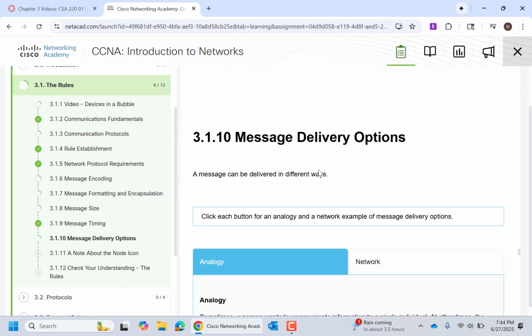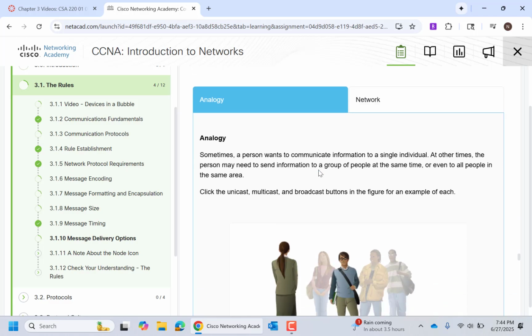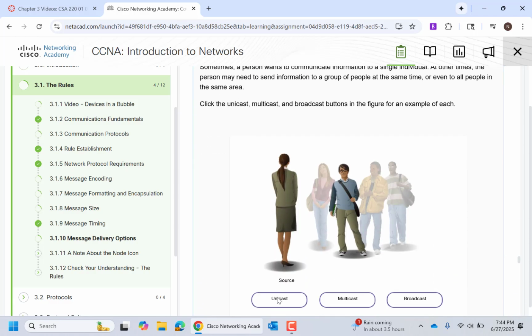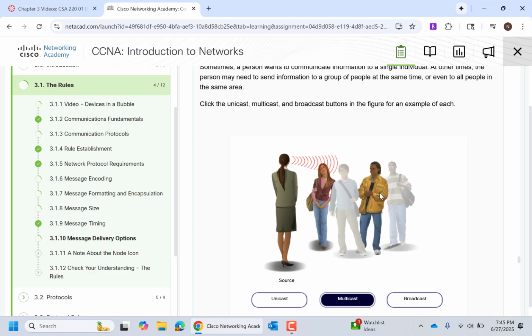It will also define our message delivery options. I mentioned this already. Unicast is one-to-one. So one person talking to another person, one computer talking to another computer, one cell phone talking to a server, so a one-to-one. Multicast is one to many, but not one to all. So the example I like to use is, you're in a room with several tables, maybe round tables, and you're the speaker and you go over to one round table and you start communicating with just that one table. That's multicast. While there's other people in the room, they're not hearing that message because you're just talking to the one table. And then a broadcast is one to all.